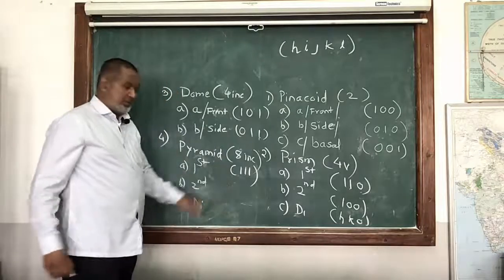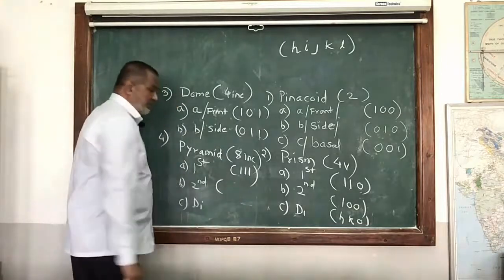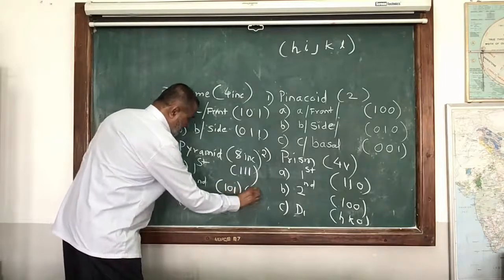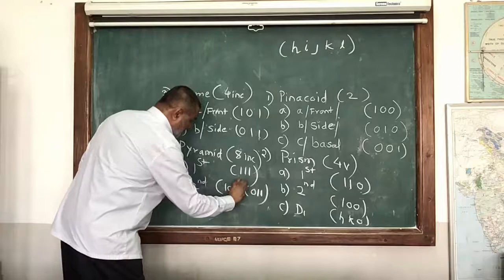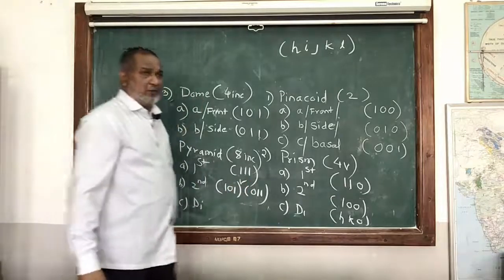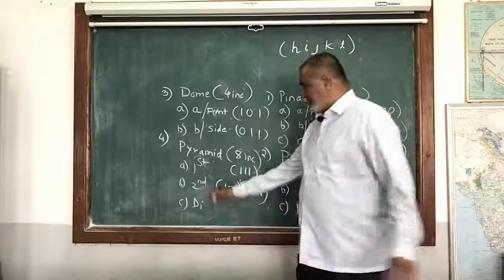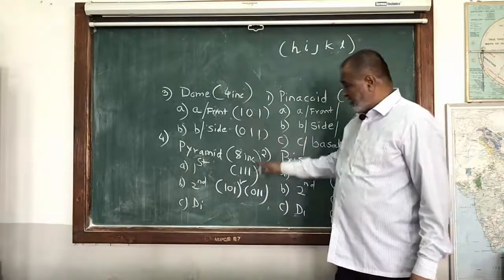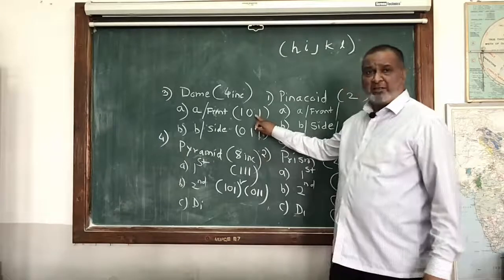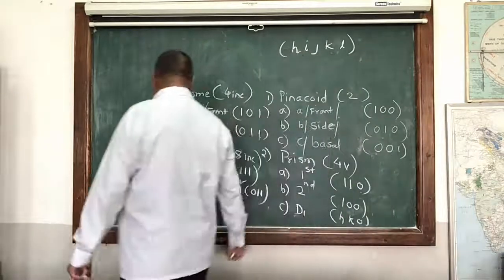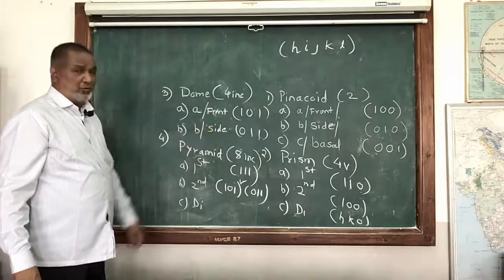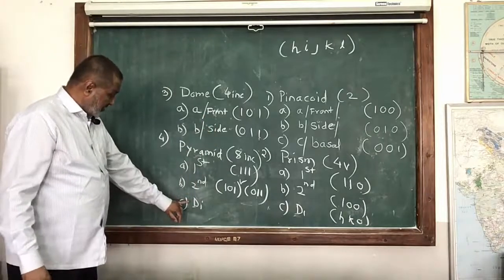So that is the first order. In the second order, one more axis will become cutting. So here 1, 0, 1, 0, 1, 1, but we use 1, 0, 1 for the second order, and these indices we already wrote here. Yes, for the second order we have this one, that is the A or dome, but the number of faces is 8 here, and here the number of faces is 4. That is the only difference.